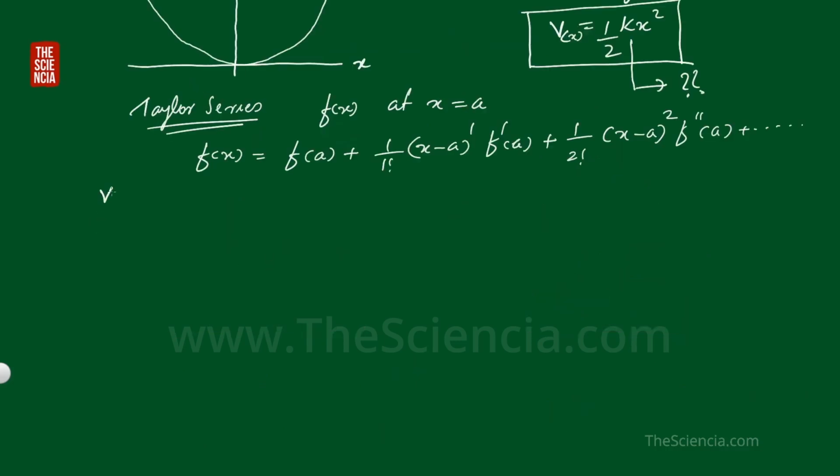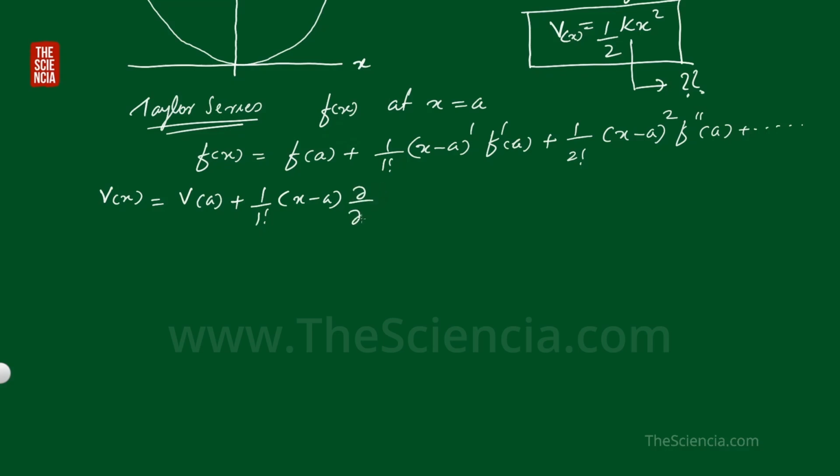That is V of x is equal to V of a plus 1 by 1 factorial x minus a into f dash of a. That is, I have to take the derivative of this V of x,